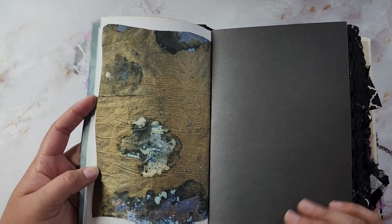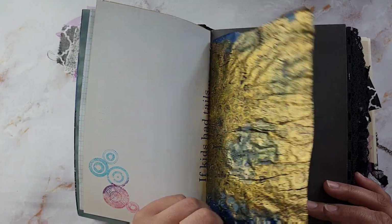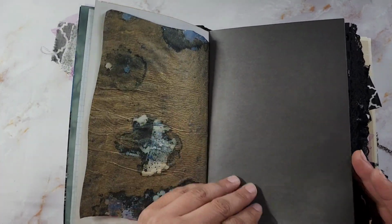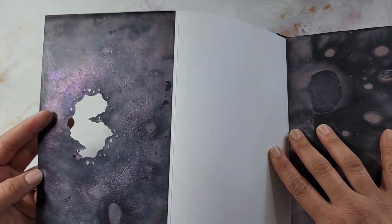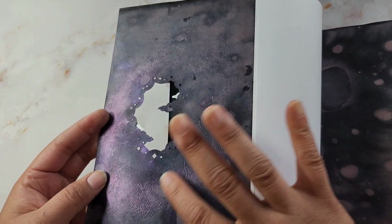So there's plenty of space for her to do that. But I thought these were fun, and they add some colorful, bright elements. And I just kind of love the grungy texture of them. And then here, this is a page flip out. So there is some writing space on the back, and you can see